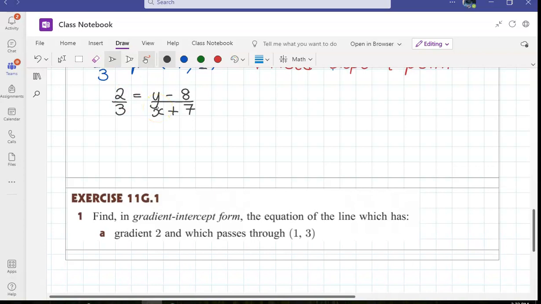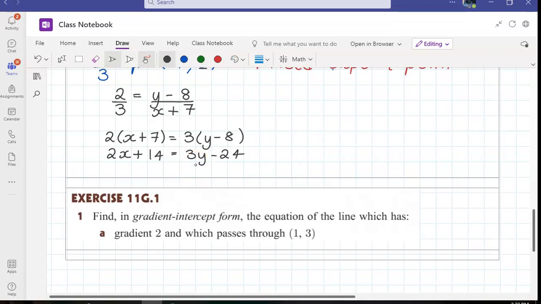we will cross multiply. Do you need me to write the brackets? I will, just in case. So you will now go 2 times x plus 7 equals... Expand. Now, I would probably go straight to this line. So if you don't want to put the brackets, I'm not forcing you to. And now you read the question. If the question said, put it in Y-intercept form, then you have to rearrange this to get Y all on